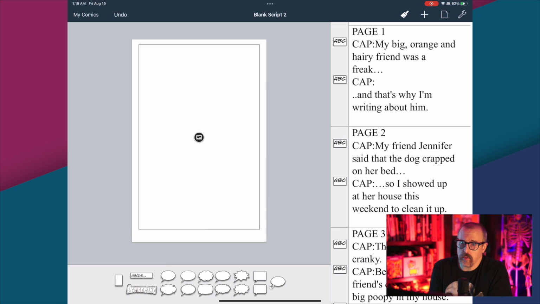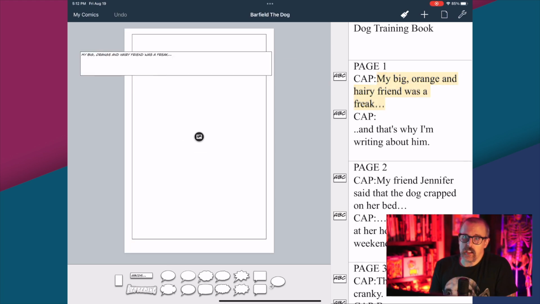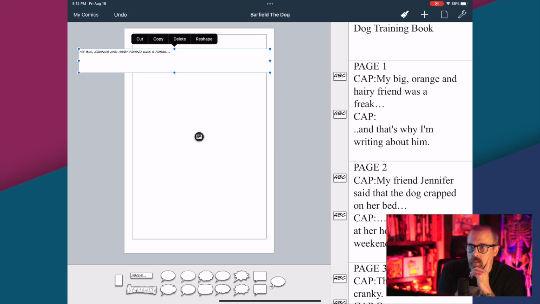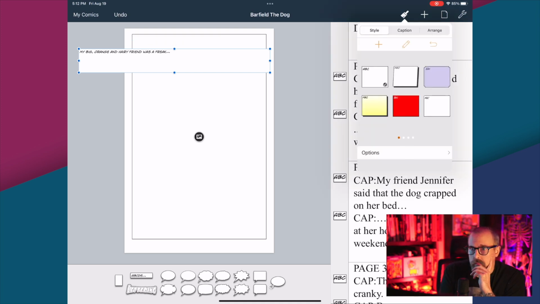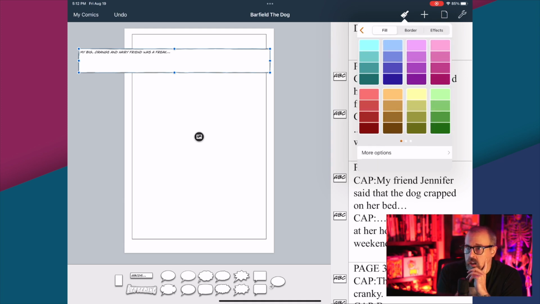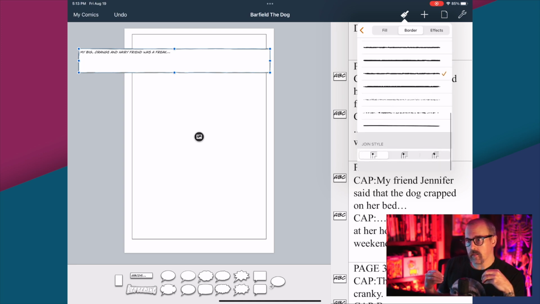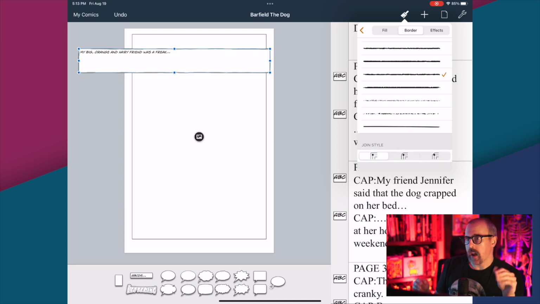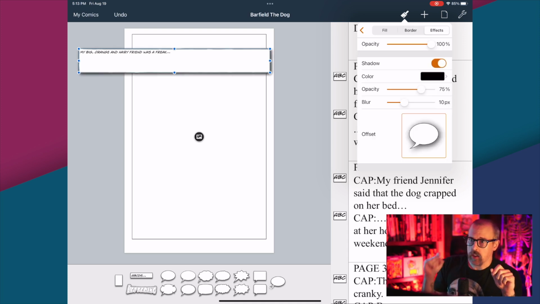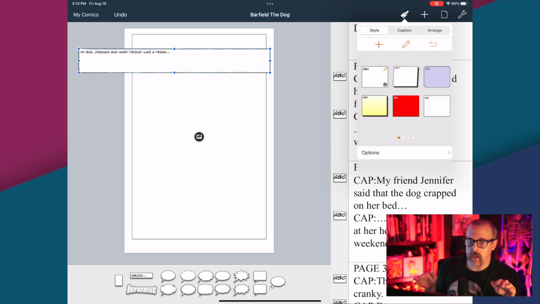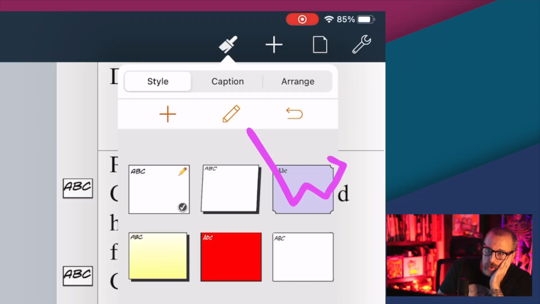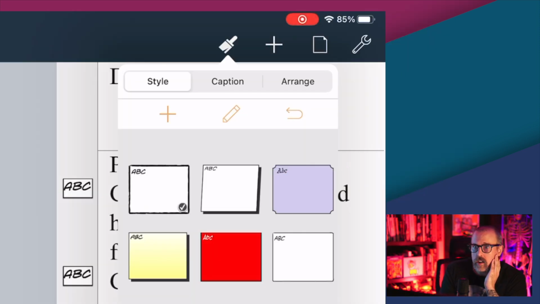You also need to go through, once you start dragging those captions into your frame, to set the line weights and so on. You have the ability to do that under the paintbrush tool. You'll see me go through and change the width and the line style, the stroke style of these panels. An important thing to note is once you get a set that you like, to apply that to all of them, you go back to that top menu where the paintbrush is, and you'll see a little pencil. Make sure you click on that pencil, and you'll see me pop in here so you can see what it is. We've got to zoom in and click on this pencil here, and it'll apply those changes, both for font and for line weights, to all those things across the entire comic.